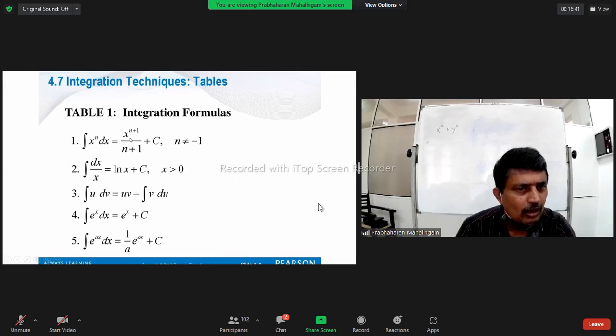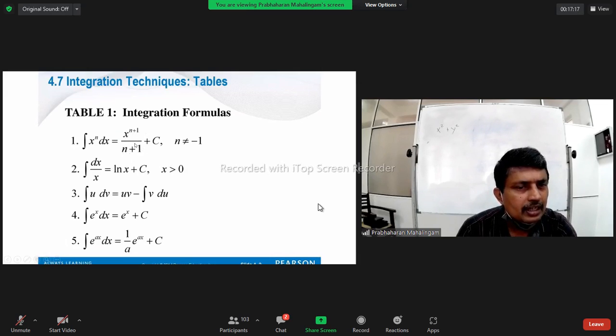Don't add x plus 1. Don't do it, don't write it, don't think it. You will never add to the variable. The variable should be there, x. The power is a number, n is a number, you add one more. Then divide by the same power. Same power means, after adding 1, whatever the power number is, you should divide by that same number, n plus 1. Add one more in the power, then divide by the final power.